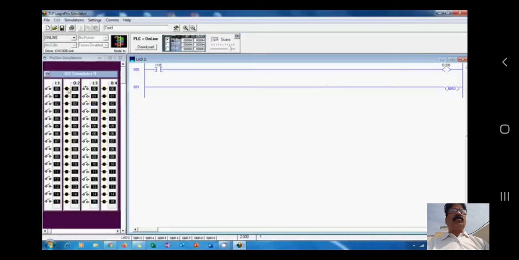When the switch is open, the light is off, and when the switch is closed, the output is on. You can see over there, it is a NO switch. In other words, if NO is true, output is true. If NO is false, output is false.